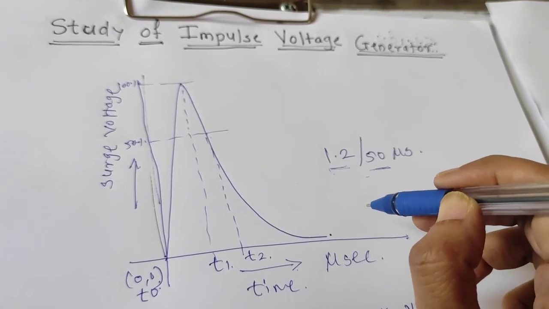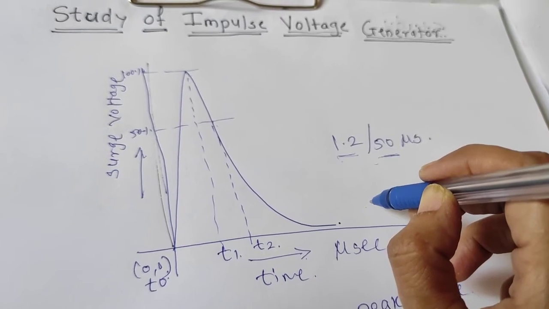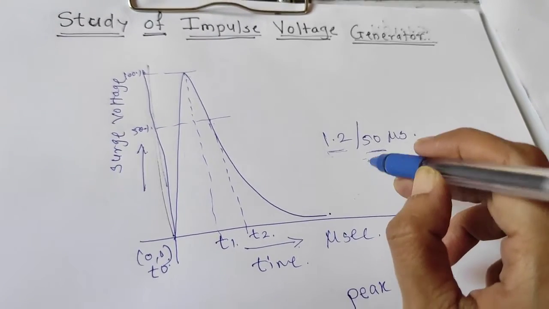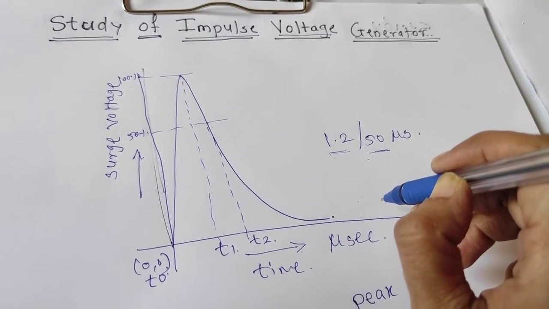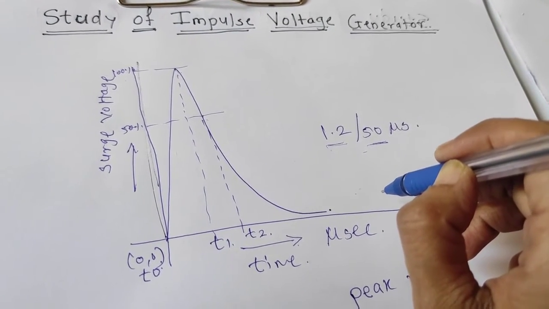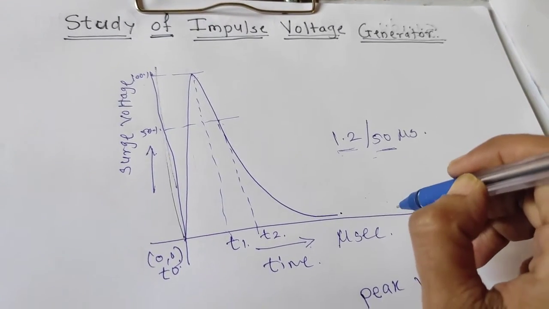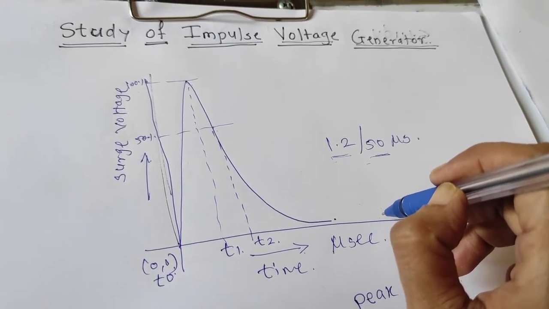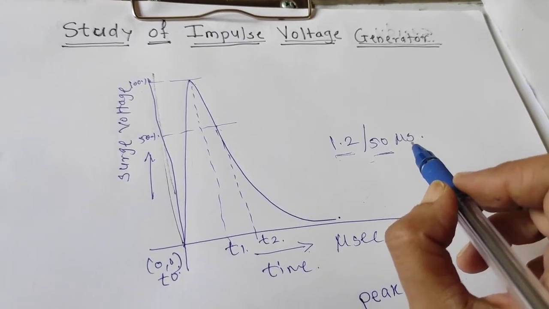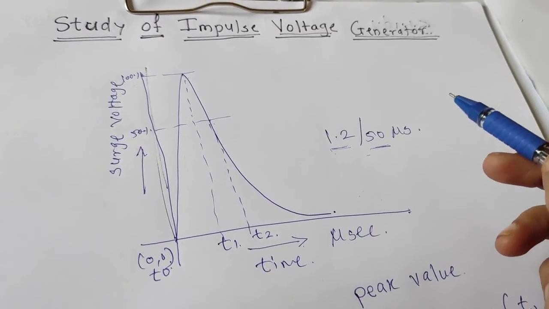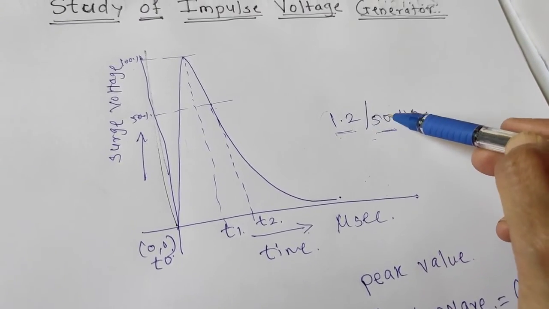Now this impulse voltage is nothing but the voltage we get at the time of a lightning stroke. So why we need to generate such types of voltages is that we want to test the equipment which we use in our industries or at our homes, so that it can withstand those lightning voltage pulses. To check that, we need equipment called an impulse voltage generator, which can generate various impulse voltages having different front wave times and different tail wave times.